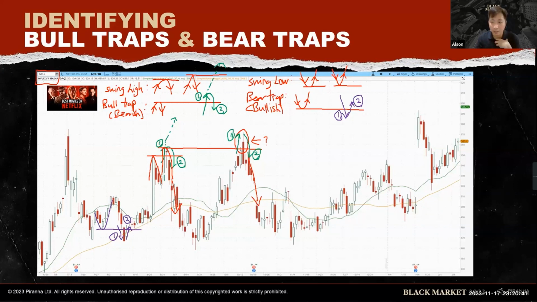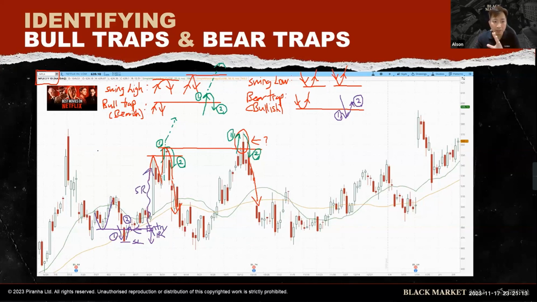If it's me and if I enter this trade, I will enter somewhere here. My stop loss will be somewhere here at the immediate swing low. Personally, I like to put my stop loss at the immediate swing low. So the distance between your entry and your stop loss is what we call your 1R distance, one risk factor. And in this example here, potentially this can get up to 5R, 1:5.